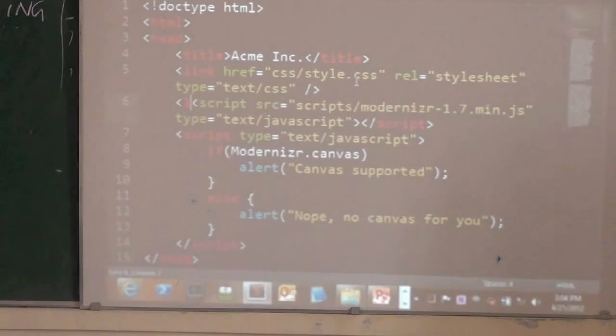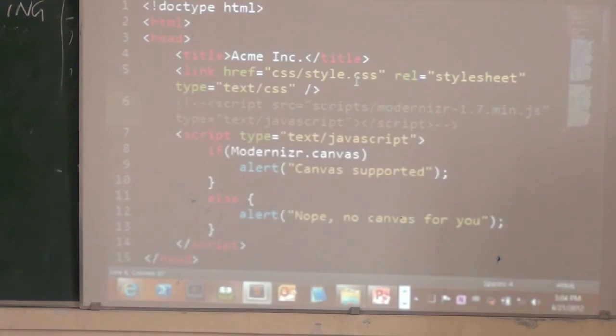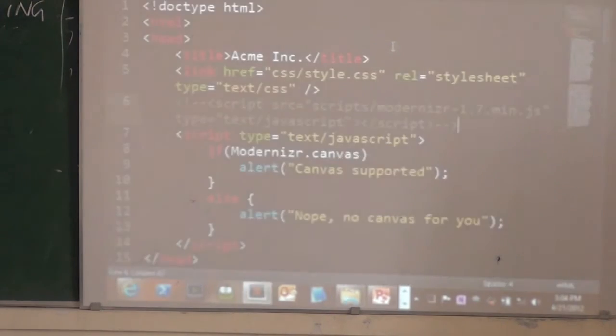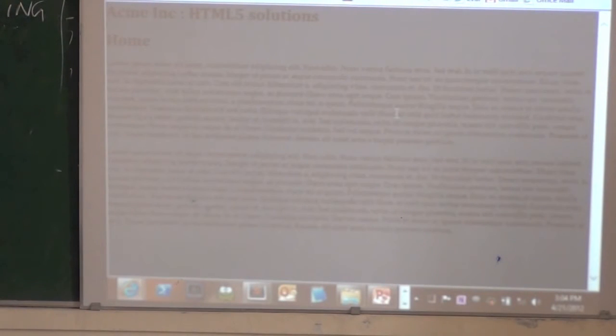So what I'll do is I'll go ahead and comment this thing out, and then we go and refresh this. So this is in IE10 mode, so it looks fine. So I go ahead and change this to IE7, and then that's what that page looks like. Clearly that doesn't look very nice at all.